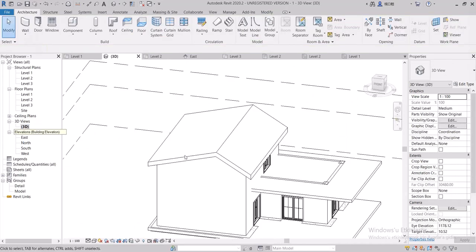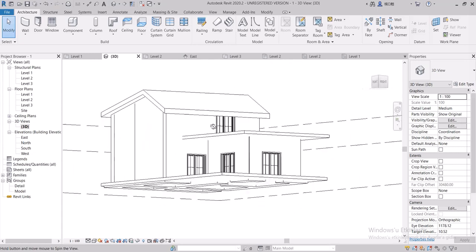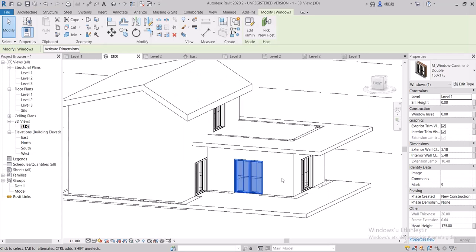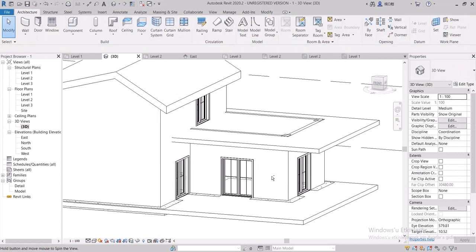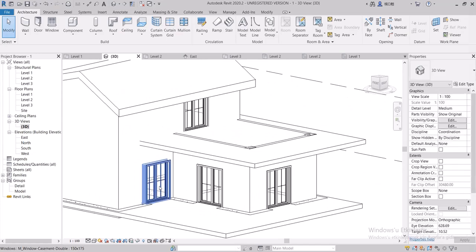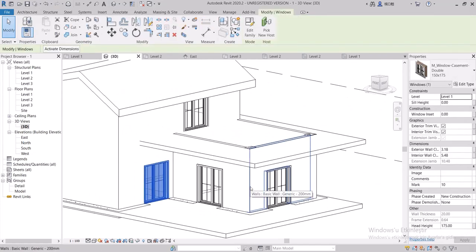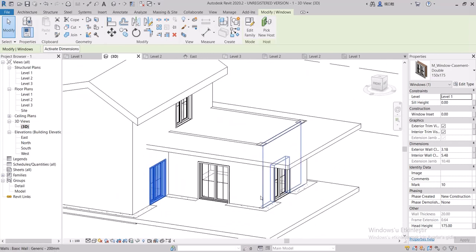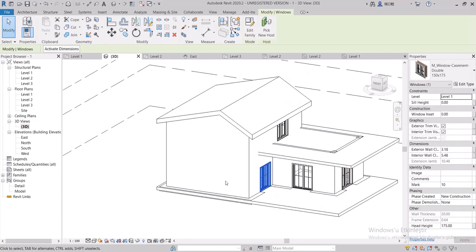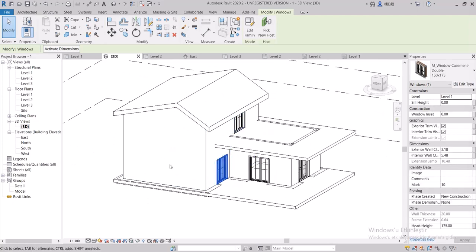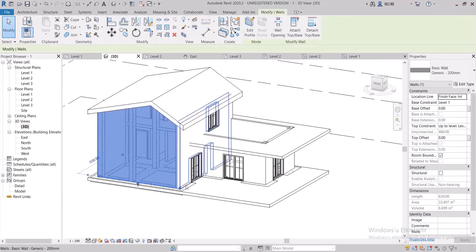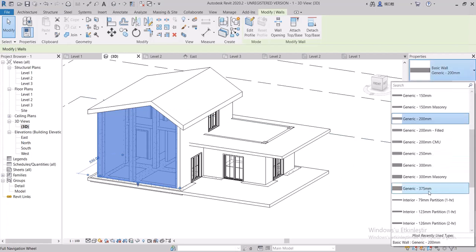You can check it from 3D view. To create a curtain wall, select the wall you want and change the wall type to storefront.